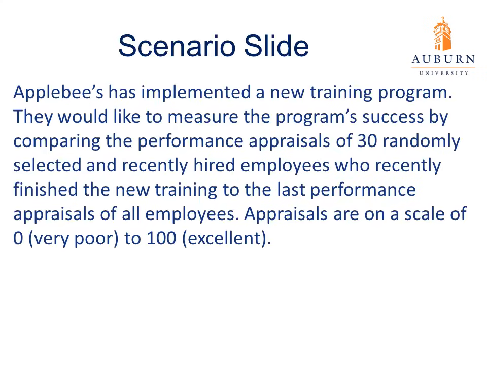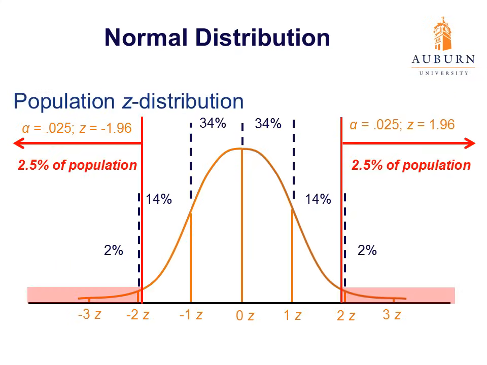So this would be the example that we started off with, this Applebee's context. In particular, we want to know the success of the program, but we don't know if it's going to be successful or if it's not going to be successful. It might increase performance, it might decrease performance. We actually don't know, and we don't have any research to suggest either way. And so when that occurs, then we have to look in both tails of our distribution and not just one of the two tails. So we can visually approximate that type of scenario by drawing out our distribution and setting up our alphas in